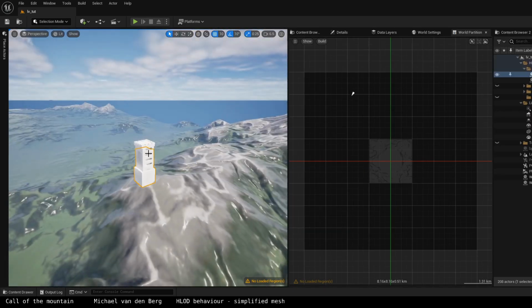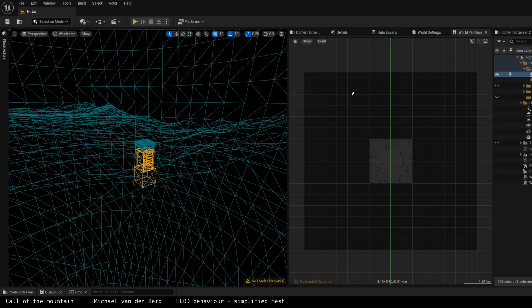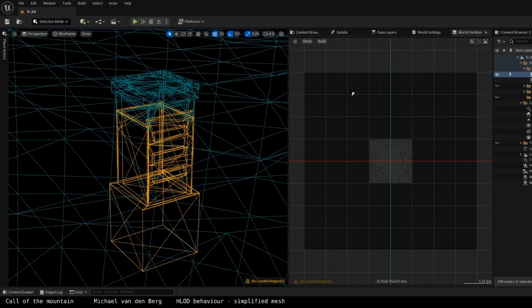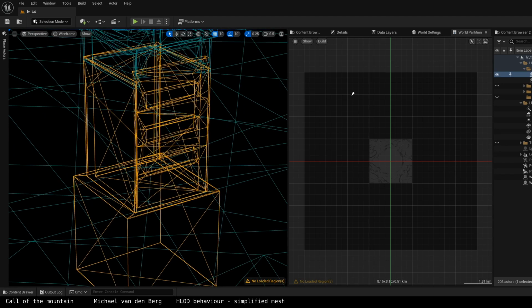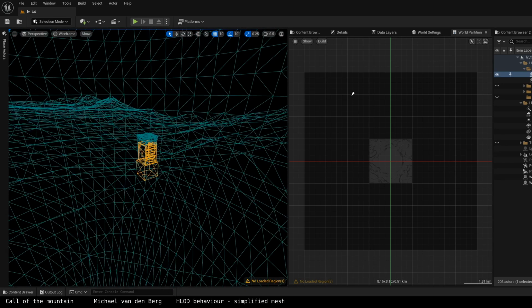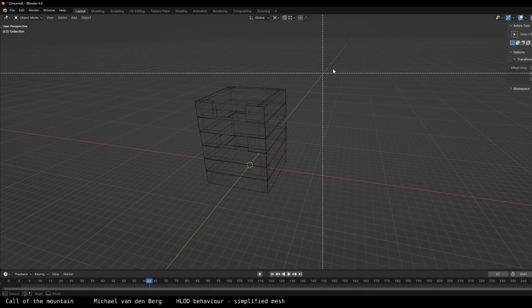So here we have the simplified mesh. Let's take a look at the wireframe. You can see it's quite similar in terms of the wireframe to the approximate mesh, the voxel mesh. But what it basically does is this. It just takes the object and then